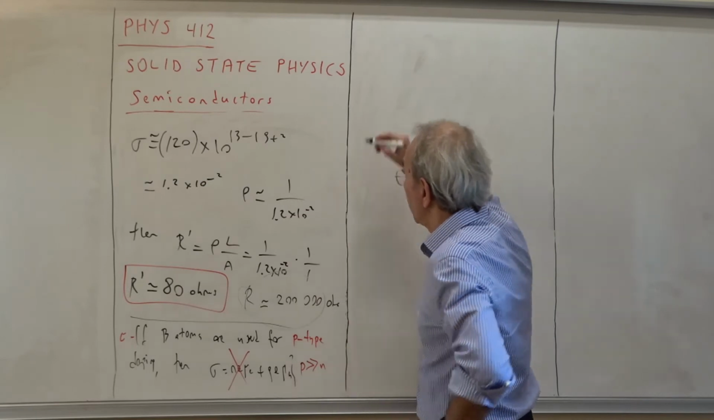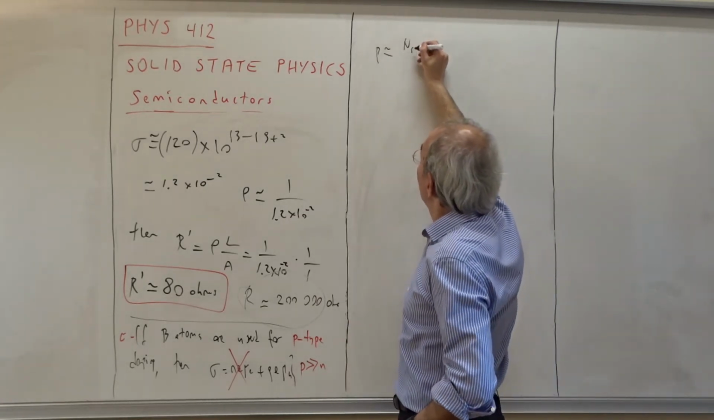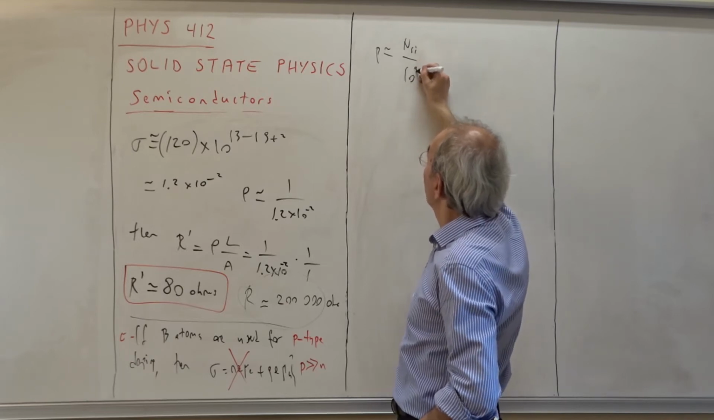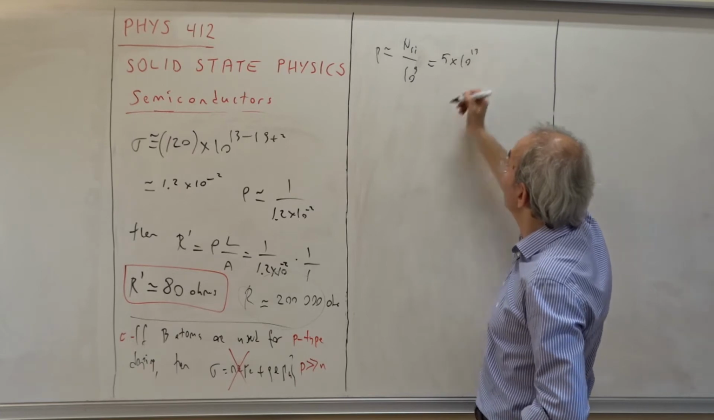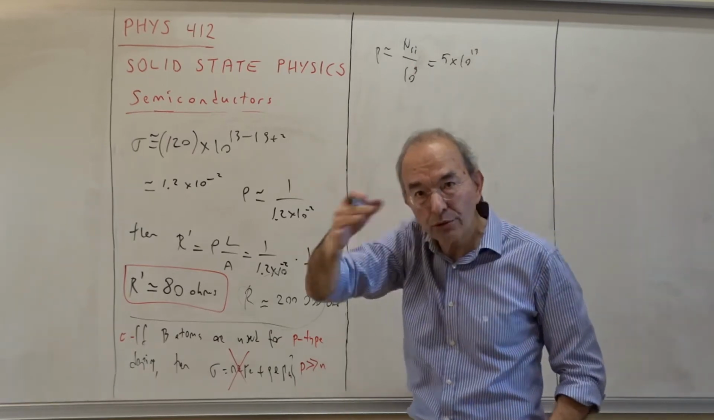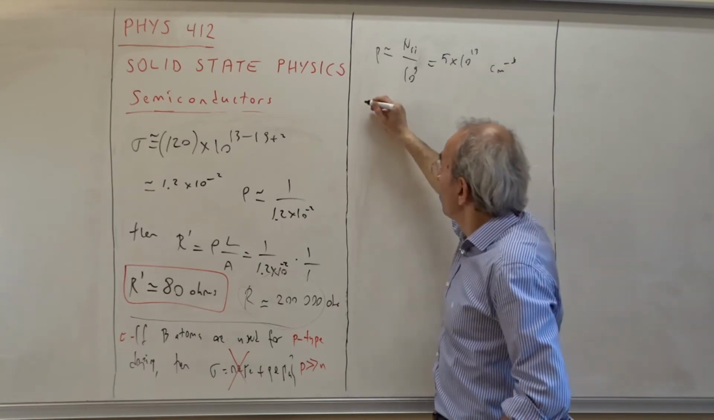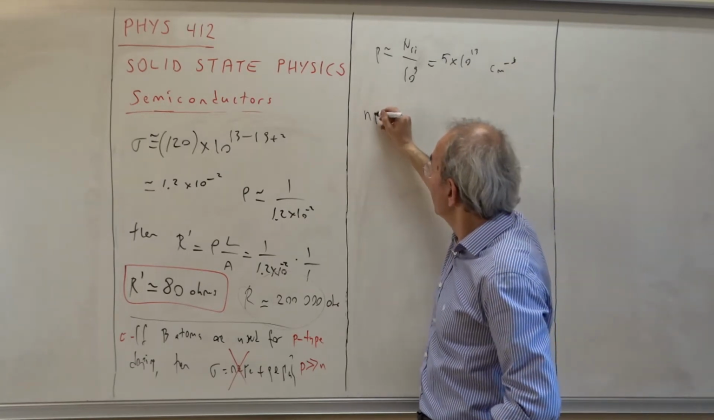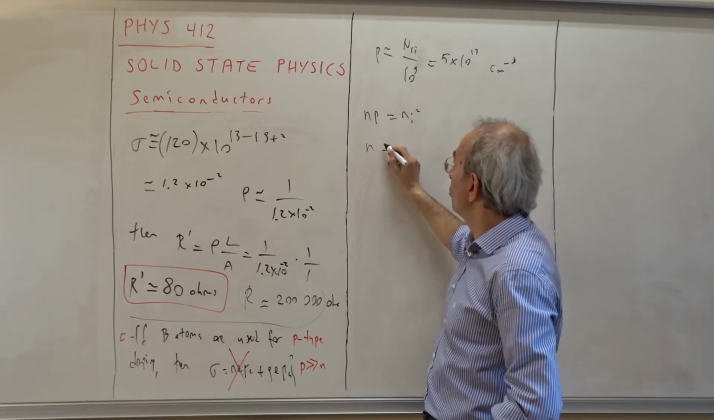Now in this case, what is P, what is N? P is equal to, again, the number of silicon atoms divided by 10 to the 9. So this is 5 times 10 to the 13, again, 22 over 9, 10 to the 13 per cubic centimeter. But N, what is N? N times P is ni squared, so that N turns out to be